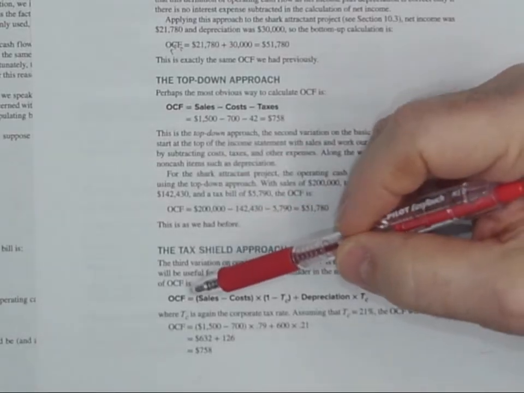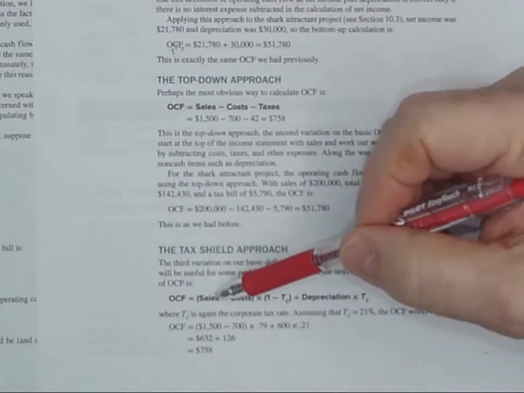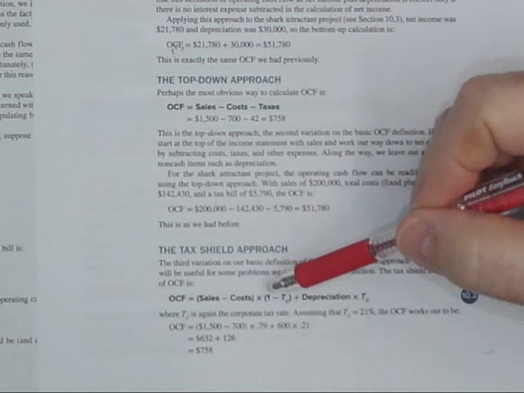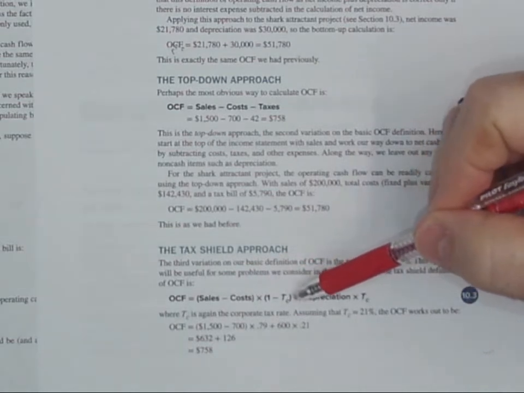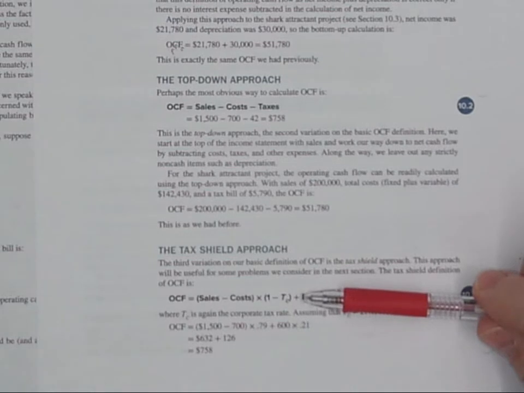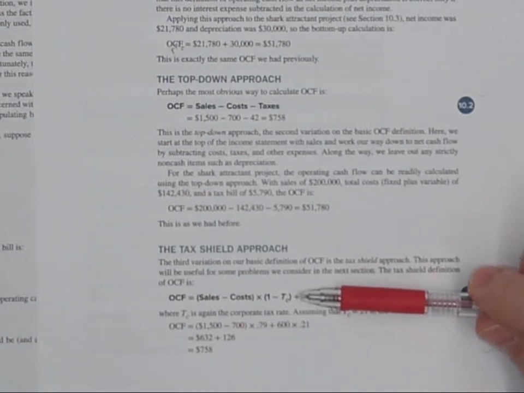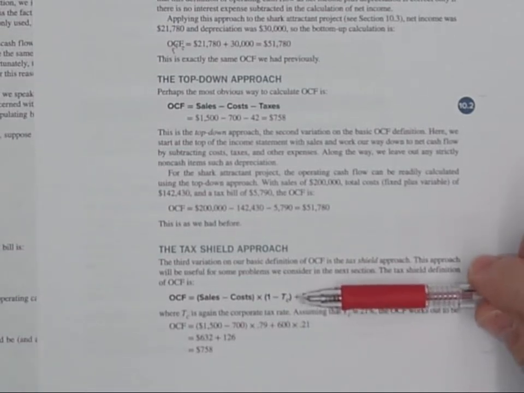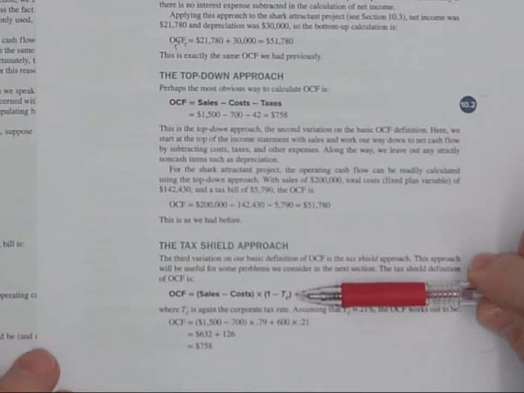So the first part of this says, let's look at sales minus costs and multiply that times 1 minus the tax rate. And without consideration of depreciation over here, if we just cover that up, then if there were no depreciation tax